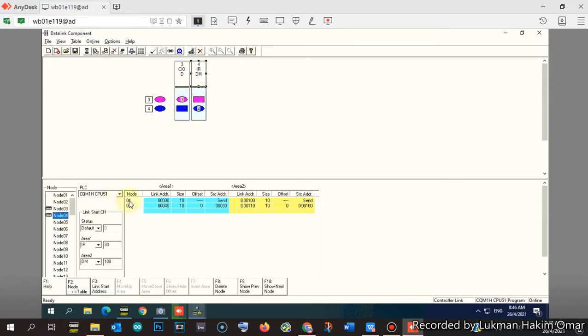So in node number 4, make sure you are in node number 4. You select this node and you select move down area. We want exactly the same arrangement as node number 3. So in node number 3, it's 3 first, and after that is 4. In node number 4 it will be the same, 3 first and then node number 4. That is the only thing you have to pay attention to.